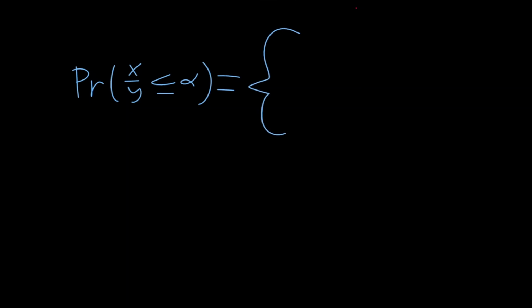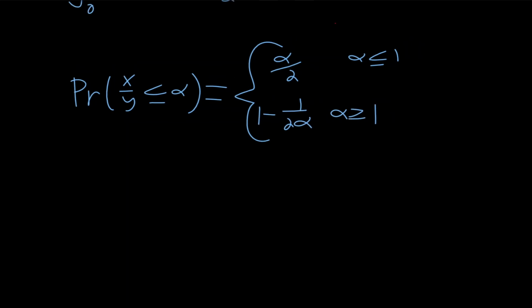If alpha is less than or equal to 1, then the probability is just alpha on 2, or the cumulative probability is alpha on 2. But if alpha is greater than or equal to 1, we have 1 minus 1 over 2 alpha. It should be noted that this probability function right here is piecewise, but it is continuous and continuously